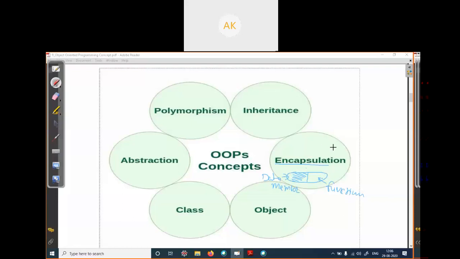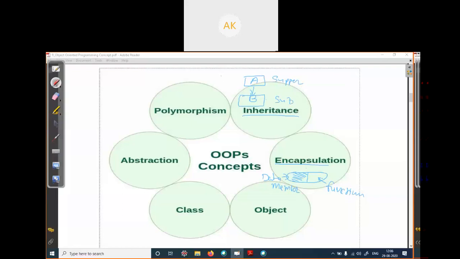We have discussed these features. Inheritance means one class inherits the properties of another class. Suppose there are two classes, A and B, and class B inherits the properties of class A. We say B is a derived class and A is a base class, or a super class, and this is your subclass.